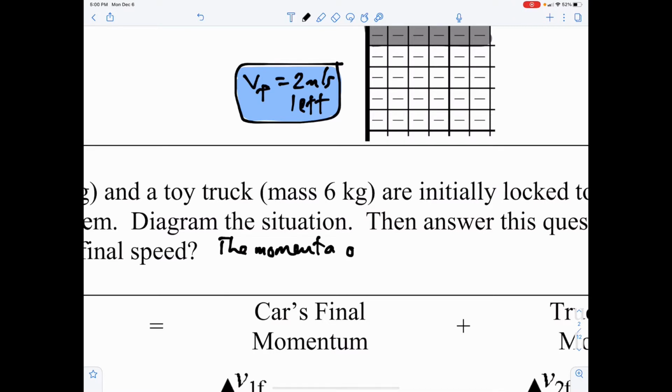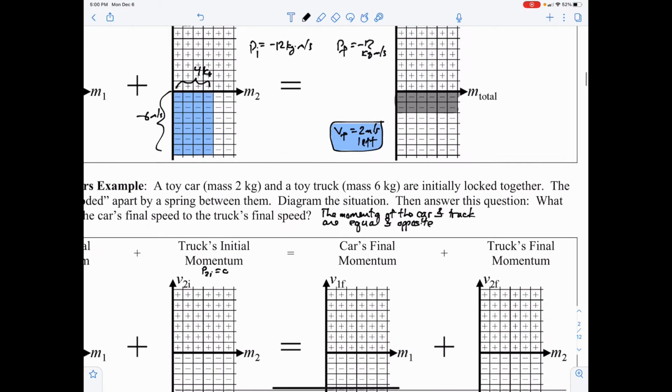The momenta of the car and truck are equal and opposite. Okay. Now,